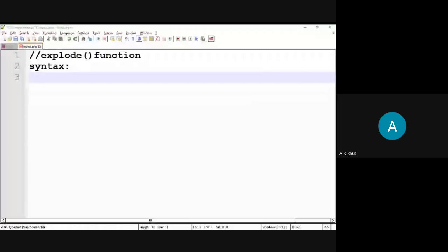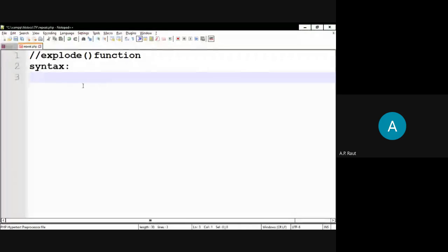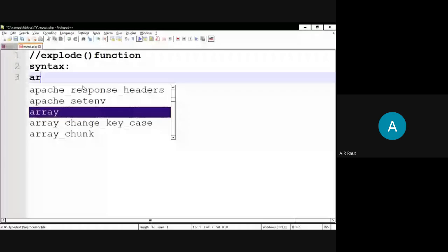In the scalar data types, integer, float, string and boolean are present, and in the compound types, array and object are present. So array is also one of the data types. So the data type of the explode function is the array.